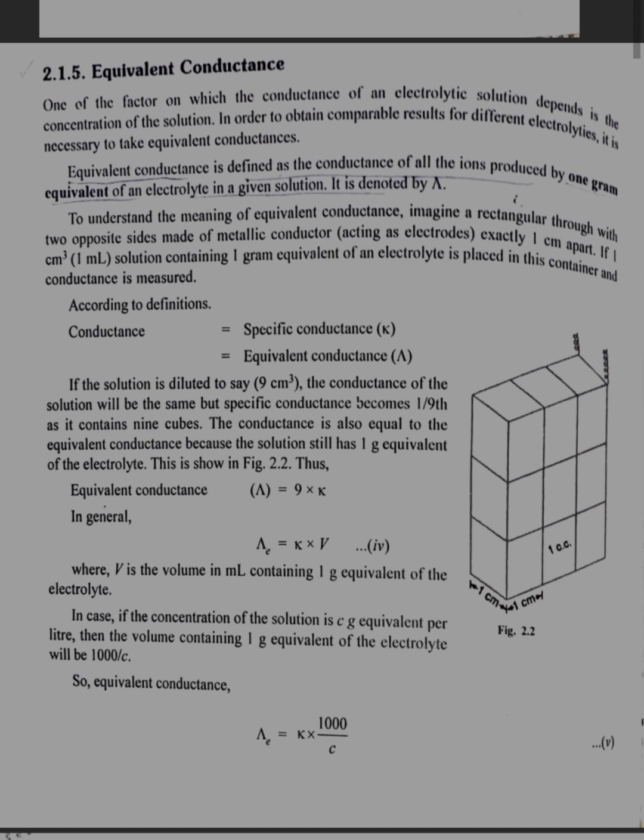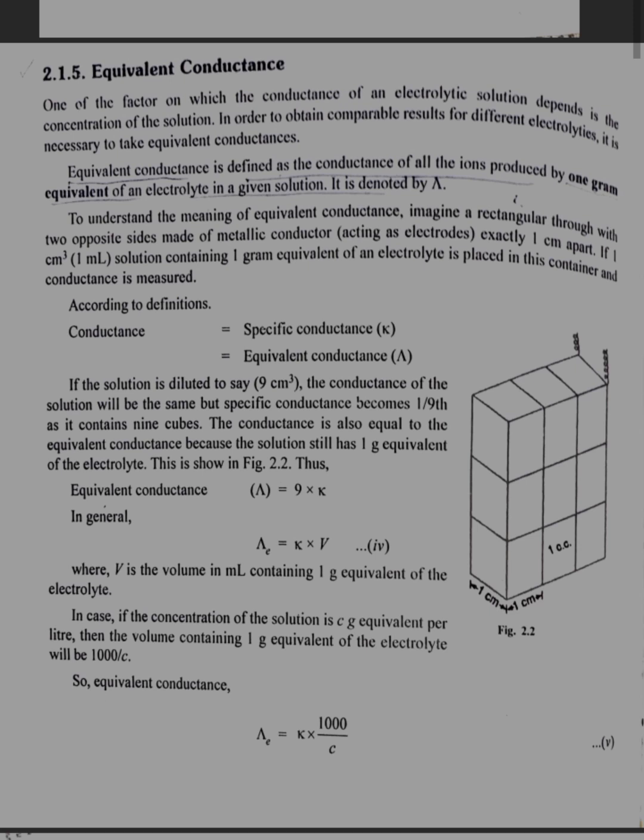If the solution is diluted, say, nine times, the conductance of the solution will be the same, but the specific conductance becomes 1 upon 9, as it contains 9 cubes. The conductance is also equal to the equivalent conductance because the solution still has 1 gram equivalent of electrolyte. This is shown thus: equivalent conductance lambda is equal to 9 into K. In general, lambda E is equal to K into V, where V is the volume in milliliters containing 1 gram